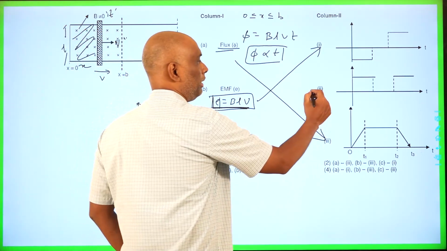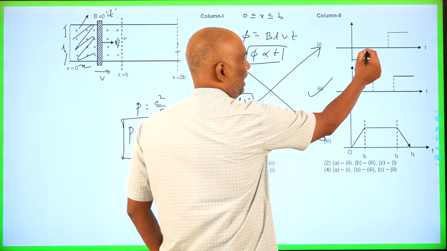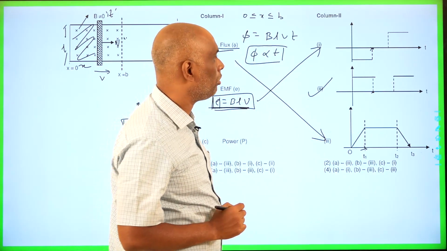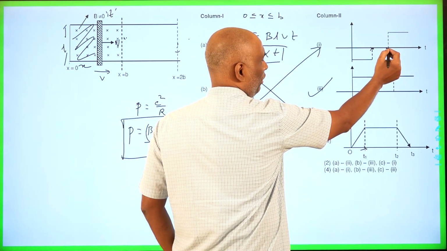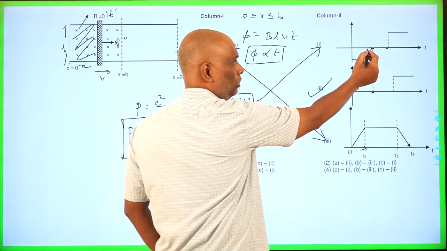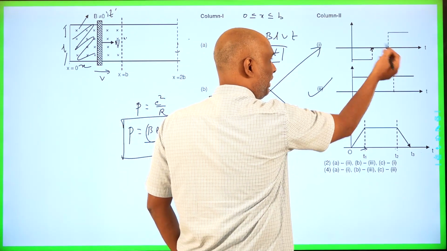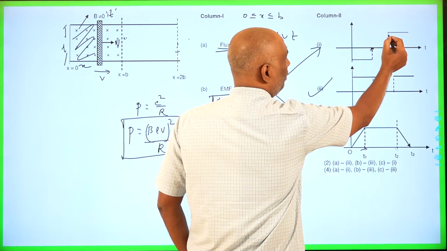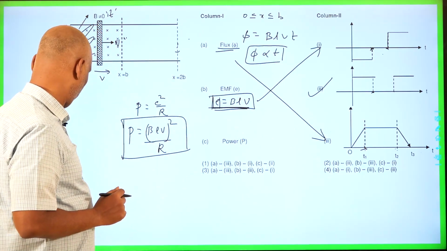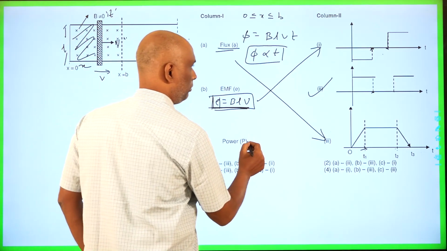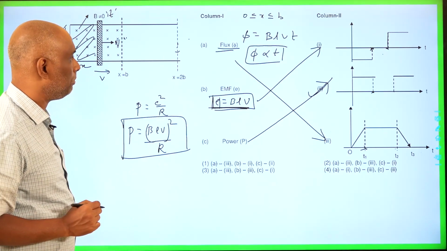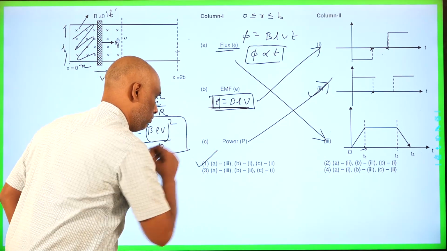So, you can say that this will be the graph here. These are the positions where the rod is moving inside the magnetic field from x equal to 0 to x equal to b. Up to here, it is traveling from x equal to b to x equal to 2b. Later, it goes again to x equal to b and comes back to x equal to b in the reverse direction. Beyond this point, it will again enter the magnetic field in the opposite direction. So, here this option will go like this. Okay. So, what will be the best option for this one? First one.